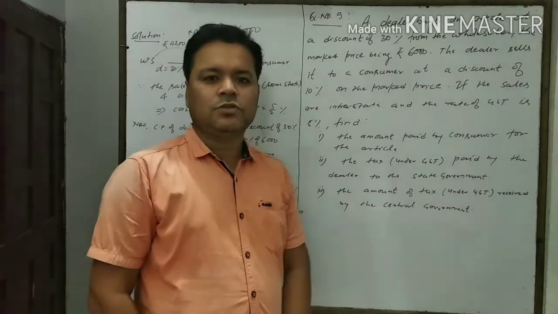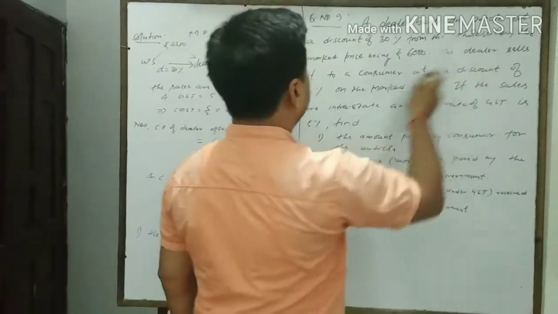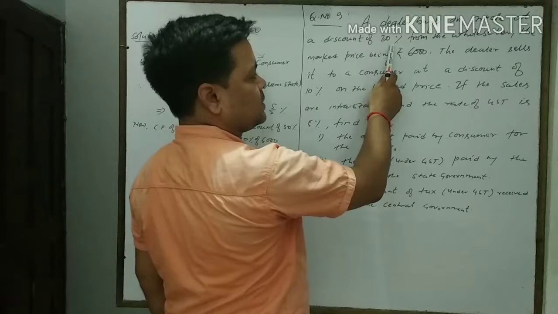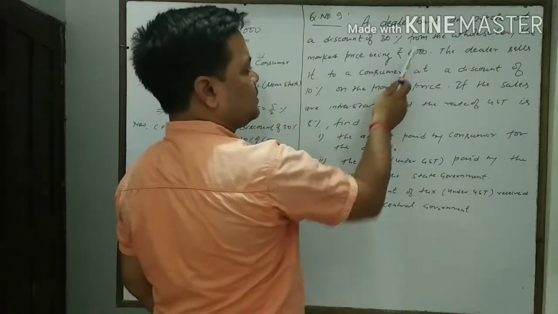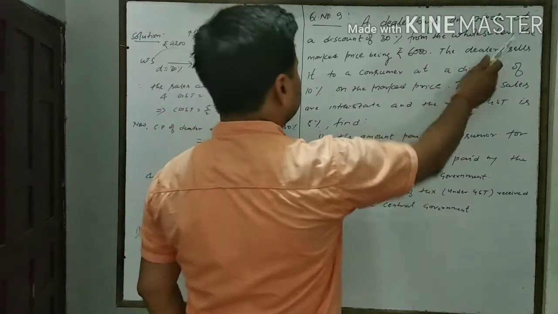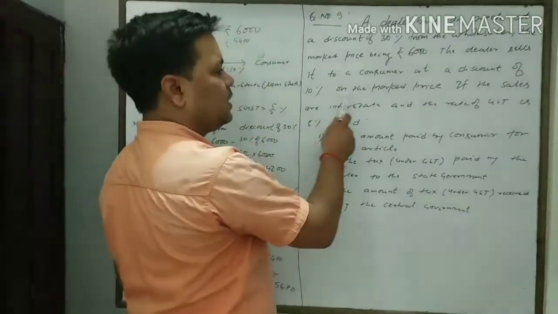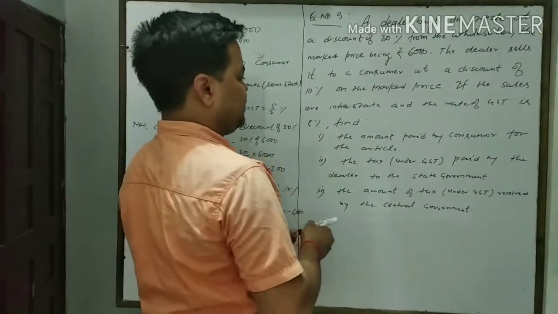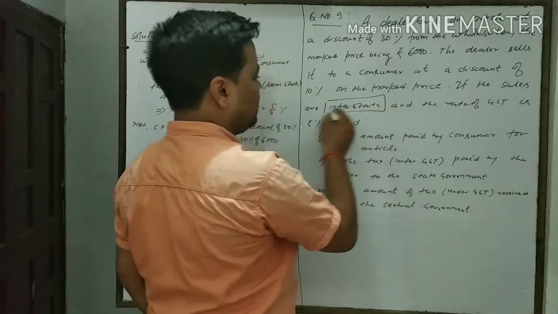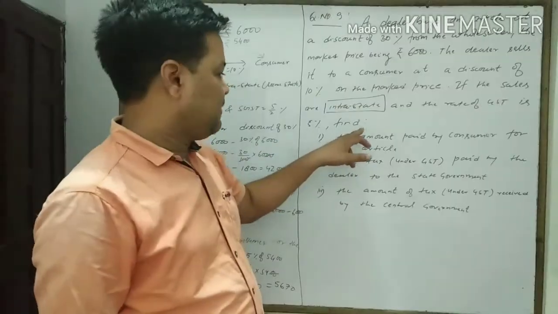Now let us see question number 9. A dealer buys an article at a discount of 30% from the wholesaler, the marked price being 6,000 rupees. The dealer sells it to a consumer at a discount of 10% on the marked price. If the sales are intra-state and the rate of GST is 5%, then find